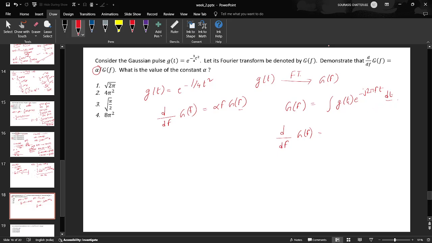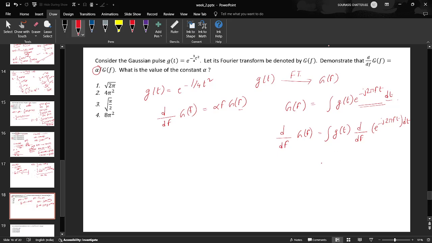So the integral won't prevent us from computing the derivative here. This term here is only a function of f. So what we will have here is g(t), d/df of e to the power minus j 2 pi f t, dt,